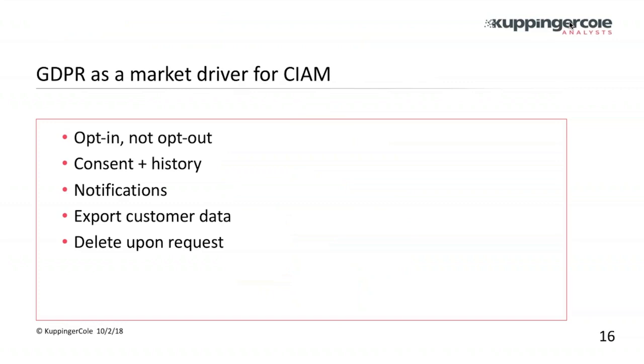So a little bit more on GDPR. By default, privacy has to be built into applications now for applications that face European consumers in this case. That means companies have to allow their consumers to opt in, not opt out, which had previously been the paradigm in many locations around the world. So you have to collect consent and keep a history of that consent, and then be able to provide notifications to users, let's say the 72-hour data breach notification rule.